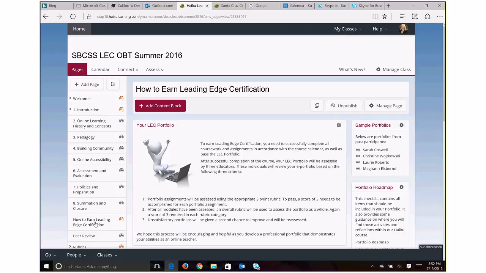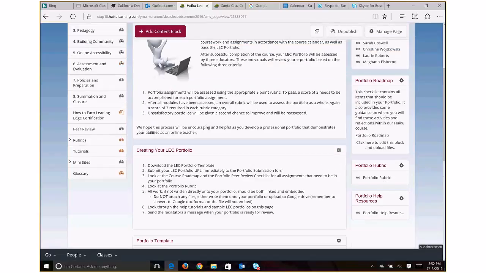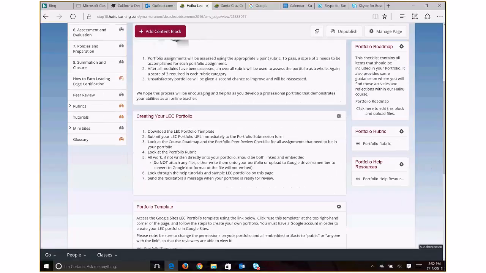If you look at this page about how to earn Leading Edge certification, you'll notice that we've got some sample portfolios so you can see in advance how students in the past who were successful completed the different modules and put it all together in a portfolio. There's a roadmap of how to complete the portfolio, a rubric of how the portfolio is scored, and other resources.